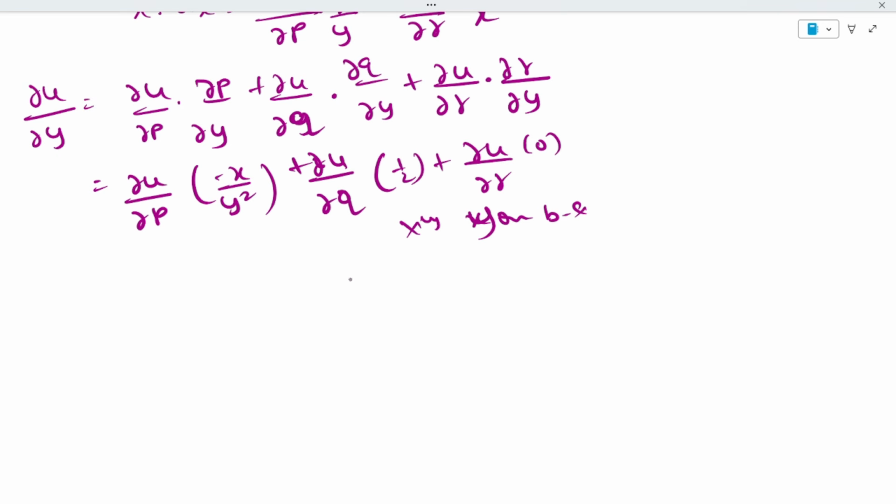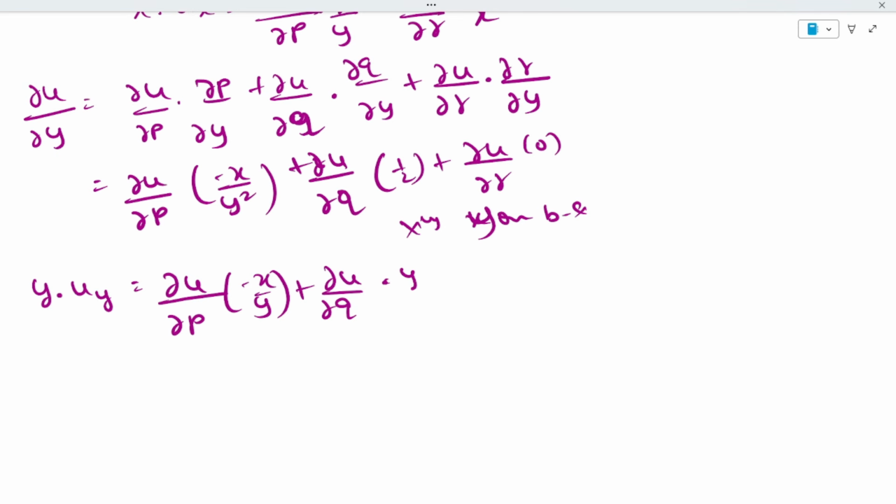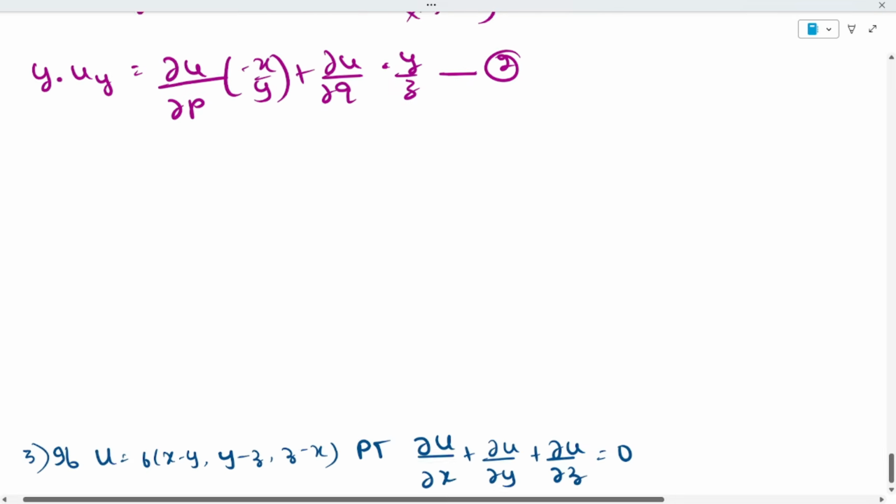There we multiplied with y, here x, here you multiply with y. That means you will get the answer as y into, this is with respect to y. So you will get del u divided by del p into minus x divided by y plus del u divided by del q into y divided by z. This you consider as our equation 2. Again, the same way,